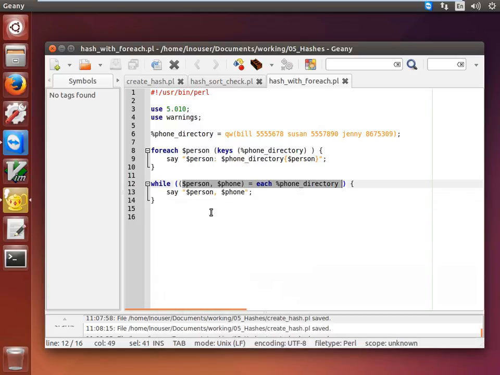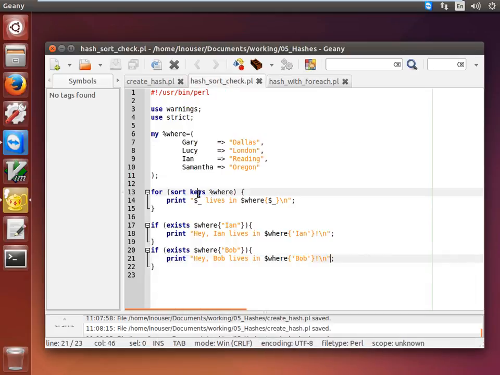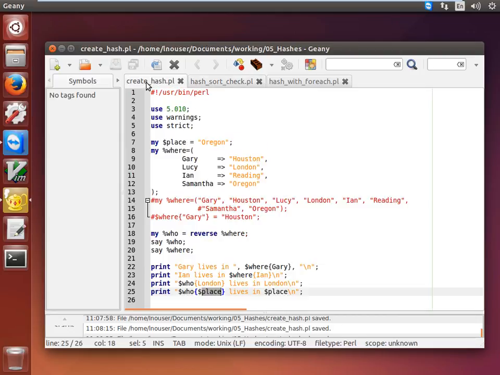You know how to sort by keys if you needed to. You can do a similar step where we have keys. There is a values function as well, probably rarely used, but just in case you could. You've seen how to flip over a hash if you need to, and you are